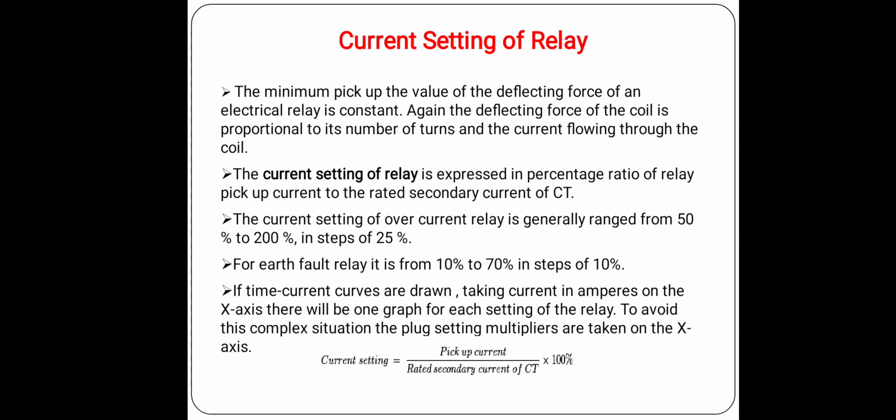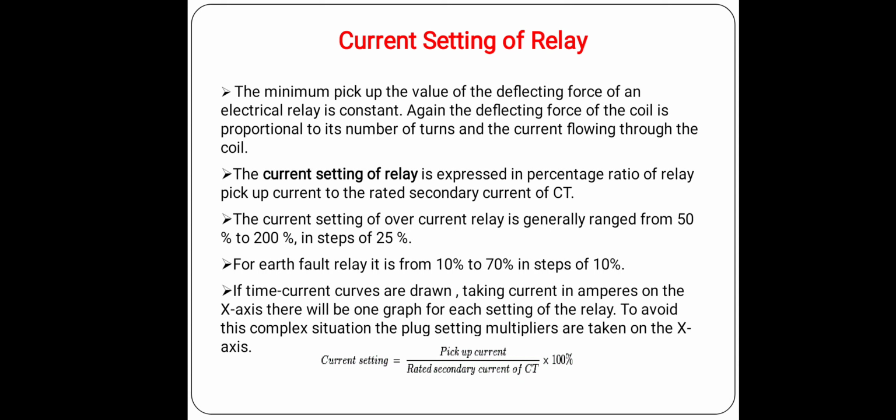Now when a relay is set at 2.5 ampere, it will operate when the current exceeds 2.5 ampere. When the relay is set at 10 ampere, it will operate when the current exceeds 10 ampere. It does not matter what the relay rating is, that is 5 ampere. The current setting will be provided for a phase to phase fault from 50% to 200% of the rated rating of the relay in steps of 25%, and this particular value is provided in the relay, so the relay will operate.